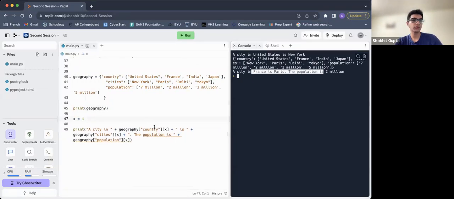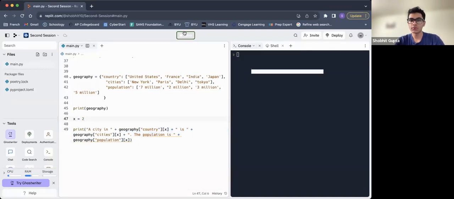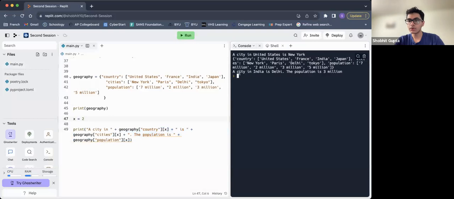So all your work was to simply code this, right? Now let's say someone asks you, okay, I don't want France, I want, let's say, India, right? All you have to do is change it to 2, and it changes the whole program itself, so you don't have to worry about it. So that's what's neat about